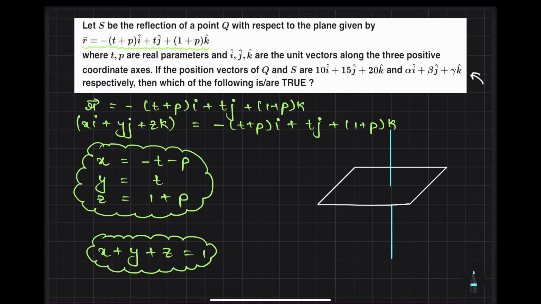So they are saying that S is the reflection of Q. So suppose that this is Q, so their reflection will be S. And you know that Q is what? This, 10, 15, 20. And S is what? Alpha, beta, gamma. So we need to find out who is alpha, beta, gamma. You know that S is the image of Q. So we will find out